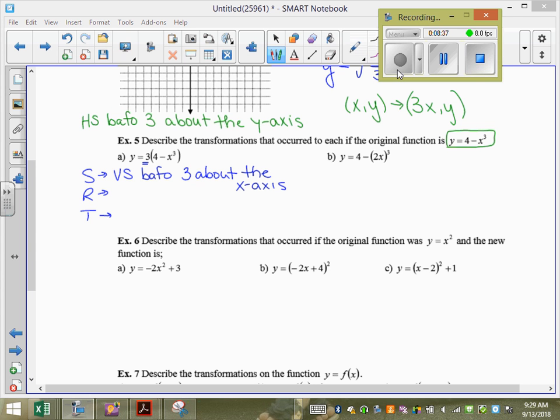Okay. This is with the x. And it's with the x because it's all to the 3, right? So that's how we know it's with the x. So it's a horizontal stretch by a factor of about the